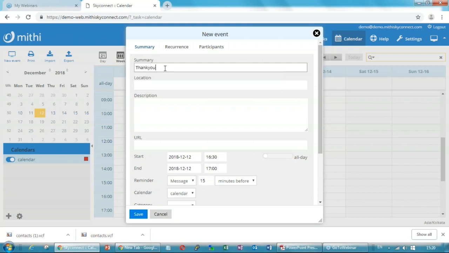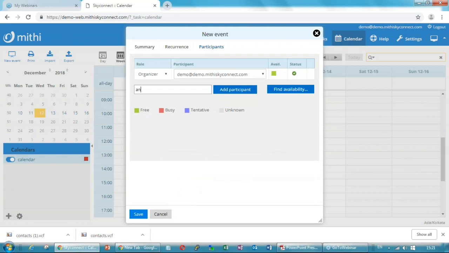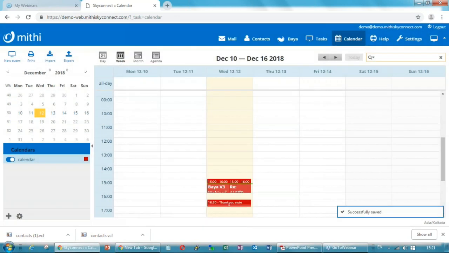I can put a summary, some description, and I can put participants into it, right? Let's say I put at mithi.com. For these participants, the invite will be automatically sent through email. If I put save, this event gets created.